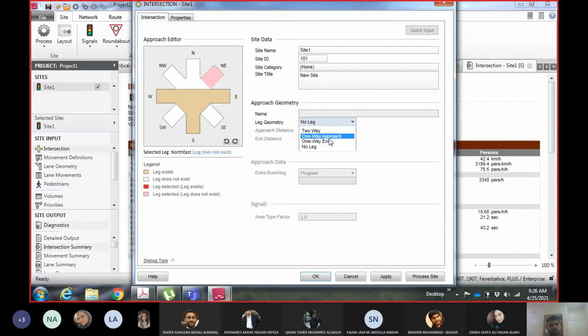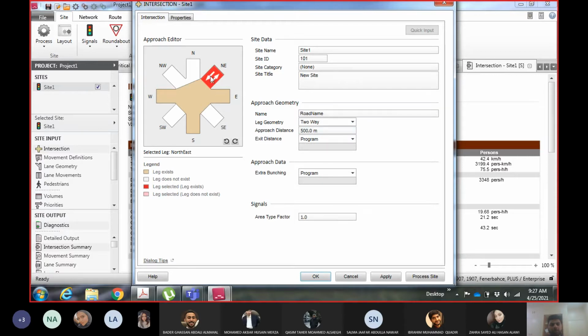A 1-way exit is like a ramp, and a 1-way approach is a proper road. 2-way means 2-way; there is no classification in 2-way. I think in your cases you will have 2-way roads, so you can make it into a 2-way road.